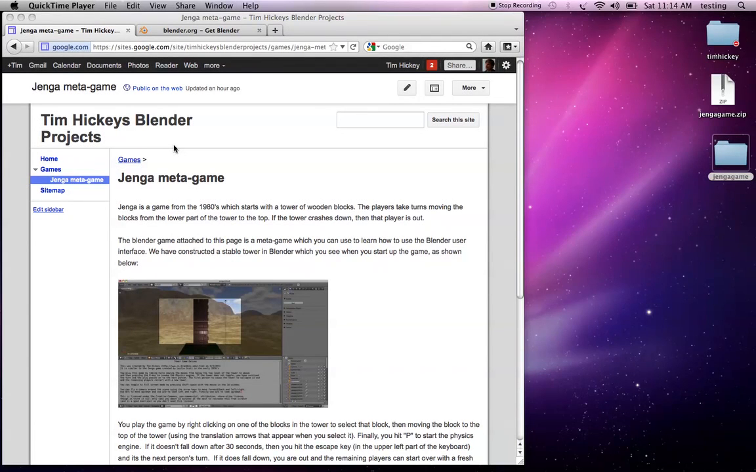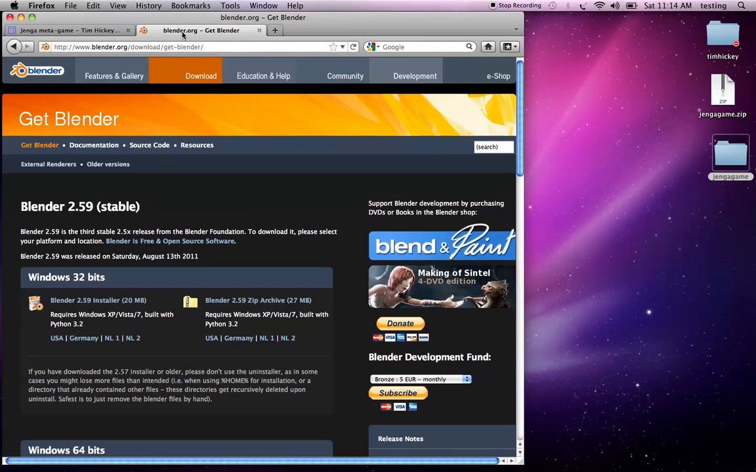Hello, I'm Tim Hickey, and in this tutorial I'm going to show you how to play the Jenga metagame. This is a Blender game which has been developed to help you learn the Blender user interface for 3D game design. I assume that you've already downloaded Blender from www.blender.org, which is here, clicking on the download link, and also